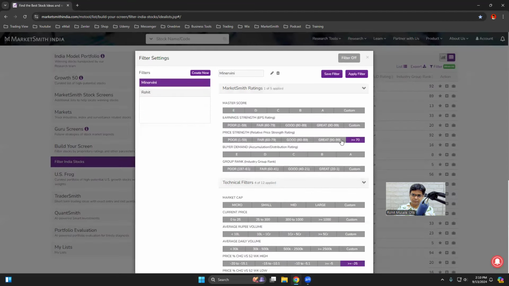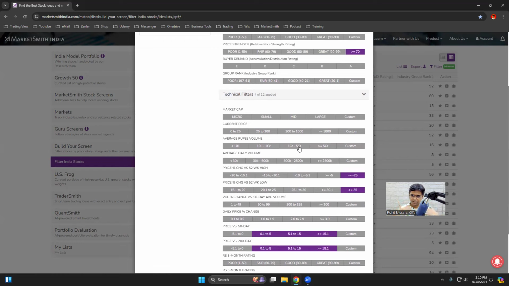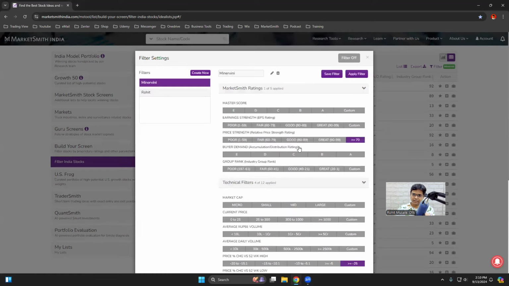See, the relative strength of the stock should be more than or equal to 70. The price should be within 25% of the 52-week high. The price should be at least 25% above the 52-week low. The price should be above the 50-day simple moving average, and the price should be above the 200-day simple moving average. These are the filters that MarketSmith provides. And after we apply these filters, we get